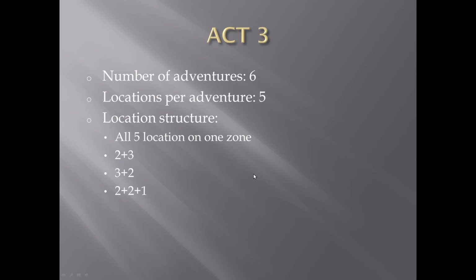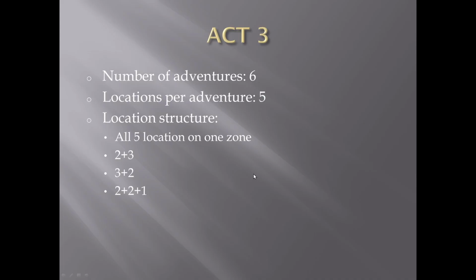Also, I will go into more detail when I start actually creating adventures for each act, but I will just shortly say that especially in Act 3, you can have different approaches. You can have one main villain for the whole Act 3, and then you can have allies, one ally for each adventure, and then you have this separation, or you can group it.